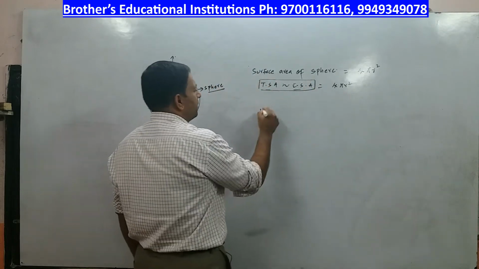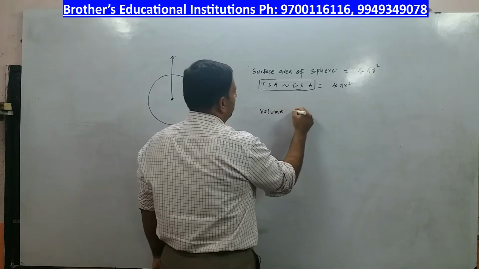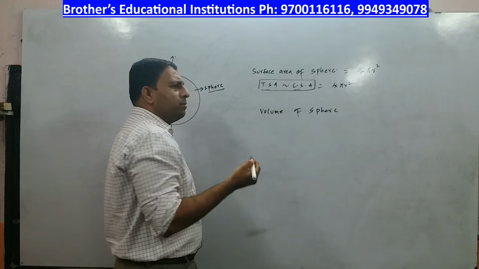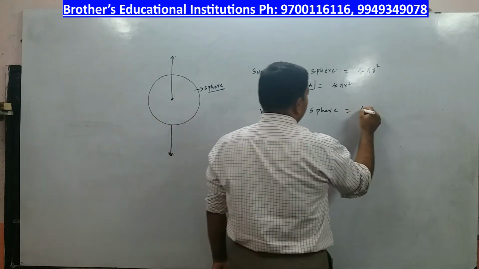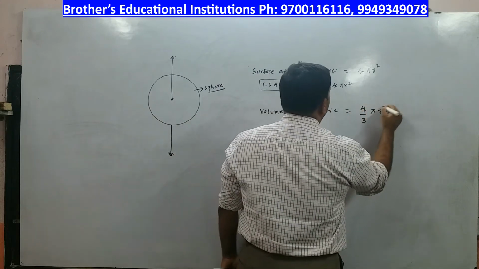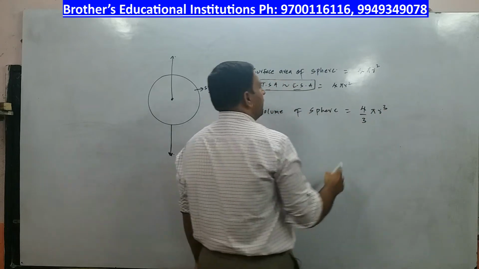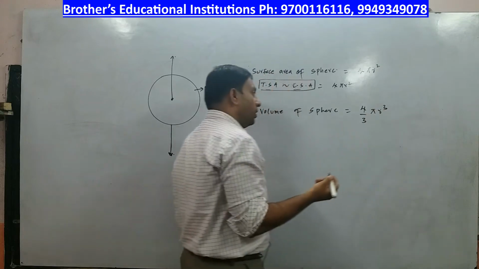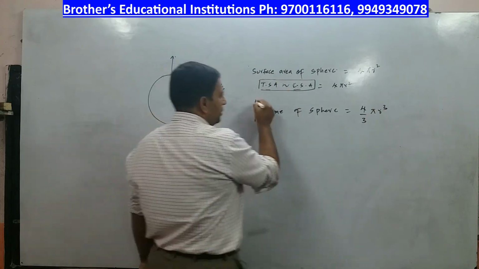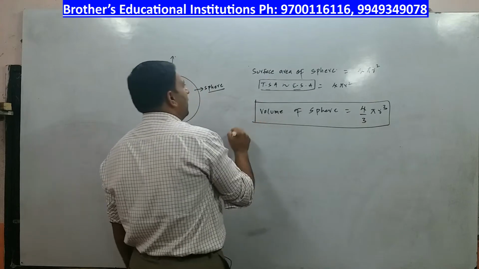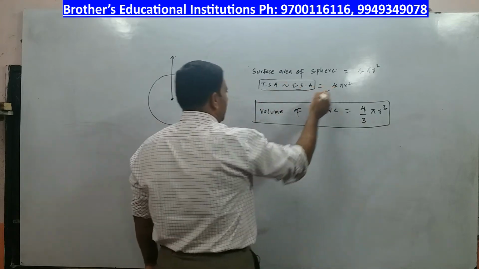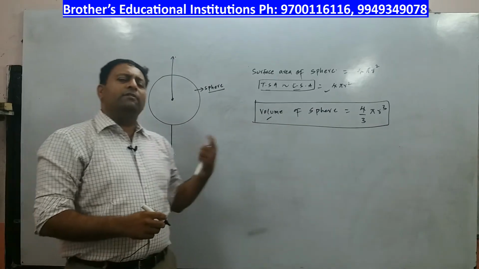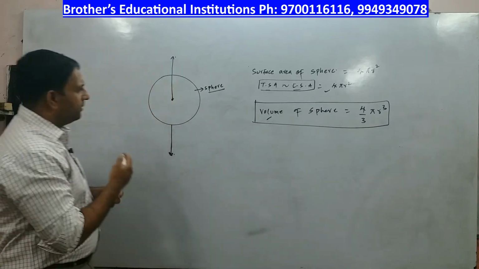And then you have something called volume of sphere. Now what is volume of a sphere? The formula for volume of sphere is 4 by 3 pi r cube. Please always try to understand, whenever the power is 2 you are dealing with area, whenever the power is 3 you are dealing with volume. So I want you to know these two formulae for sphere, surface area of the sphere and volume of the sphere, and draw a rough sketch. Pause the video and then we'll go for the next question.